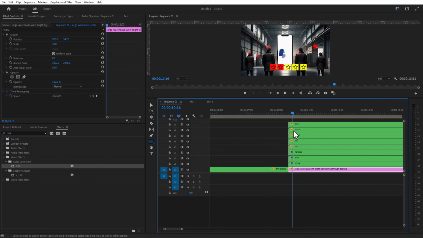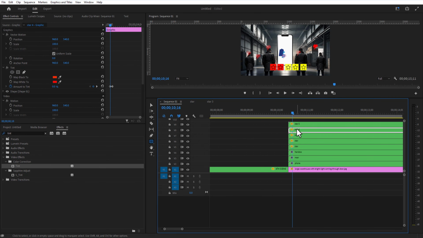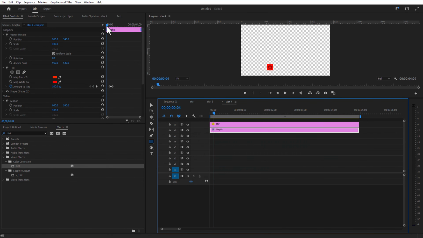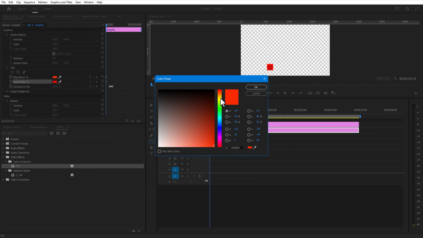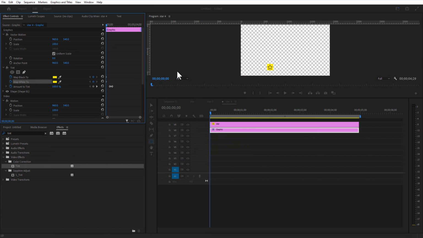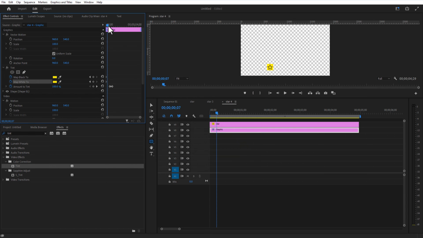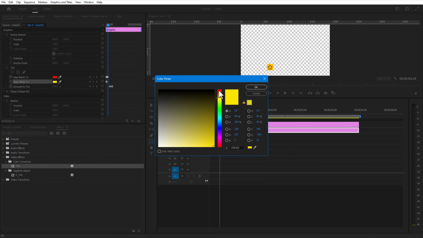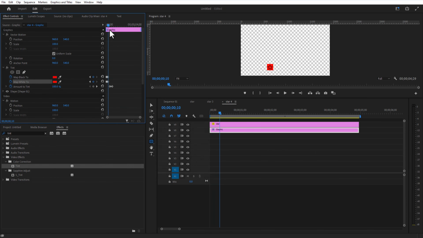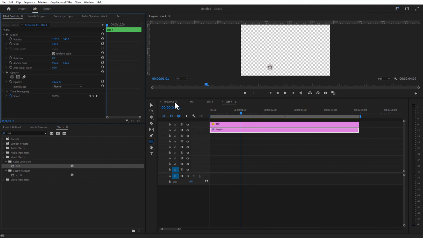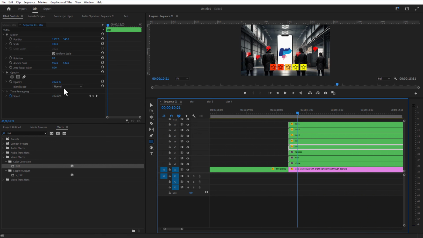Do the same for the fourth star node sequence. In here, you need to change the color to red. Change each star node sequence and change blend mode to